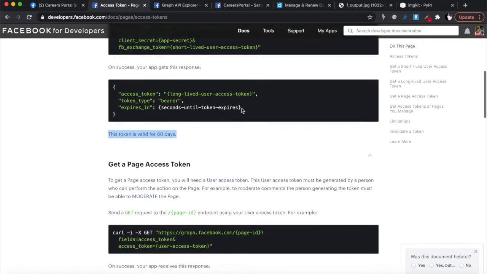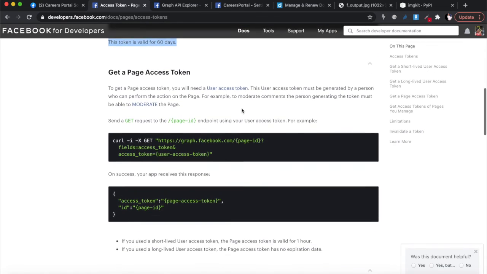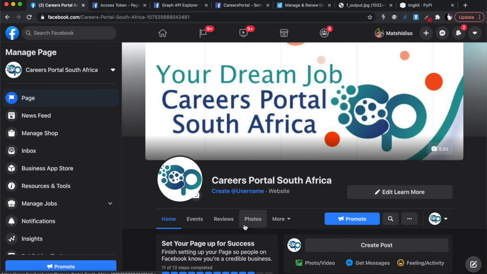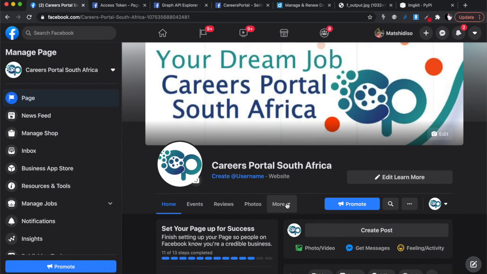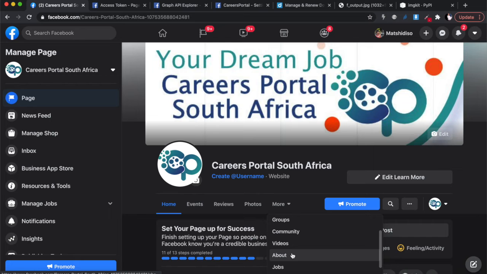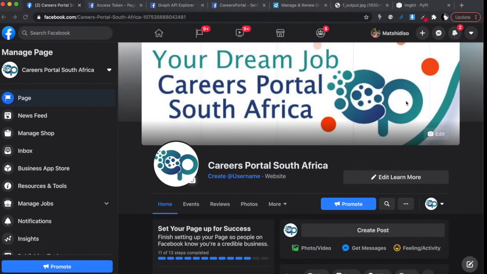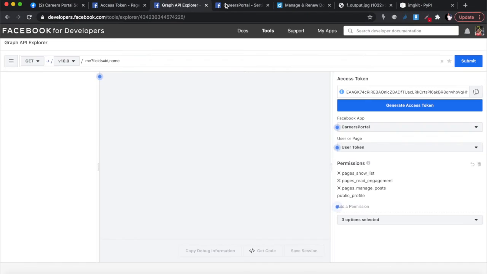But now that we've got a long-lived token, we're going to go here to get the page token. So for the page token, here's a URL. It's Graph Facebook. You need the page ID. The page ID is that number that I showed you how to get off the page. If you go to the page itself and you go under more, and I showed you, you go to about, you will get your page ID. So once you get the page ID,